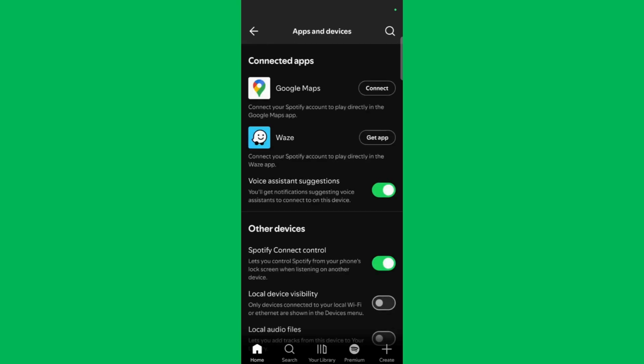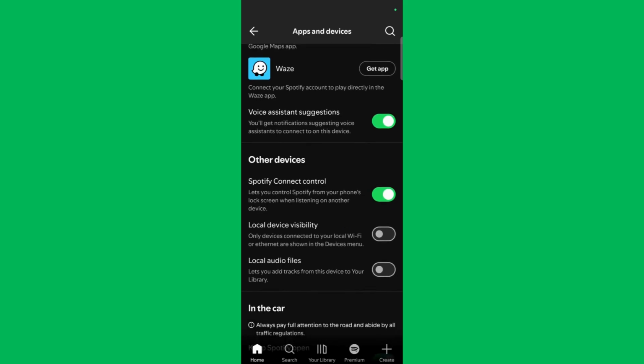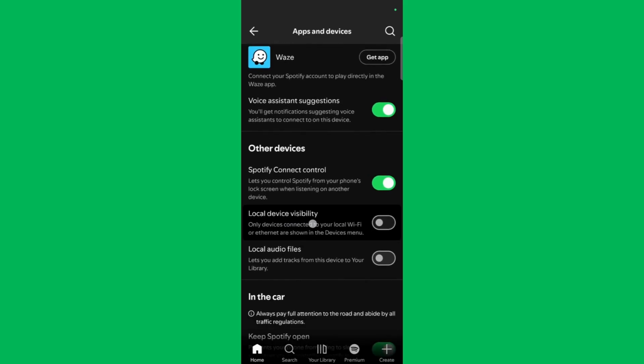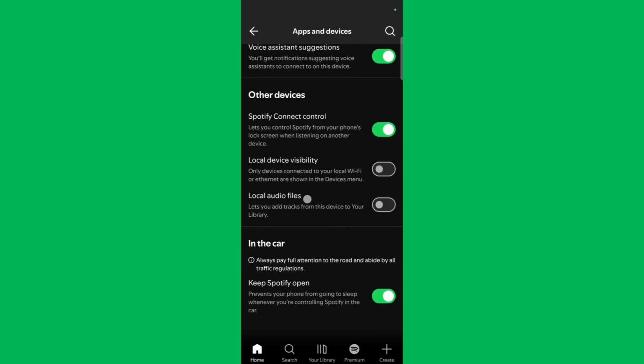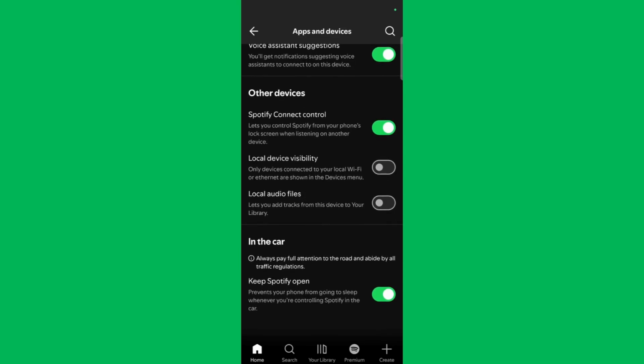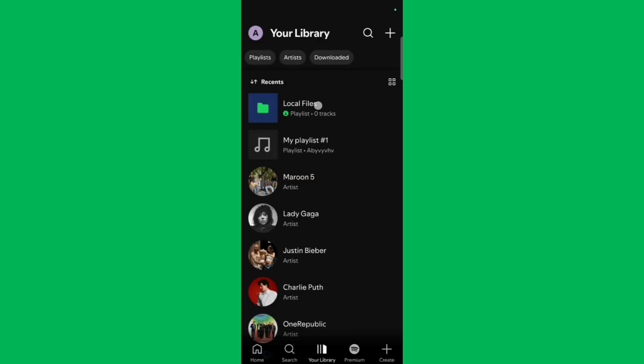So simply click on apps and devices, and from here under the other devices you will see this option that says local device visibility, and just beneath it you will see local audio files. Lets you add tracks from this device to your library. So simply enable this local audio files option, and now if you'll go to your library you can see local